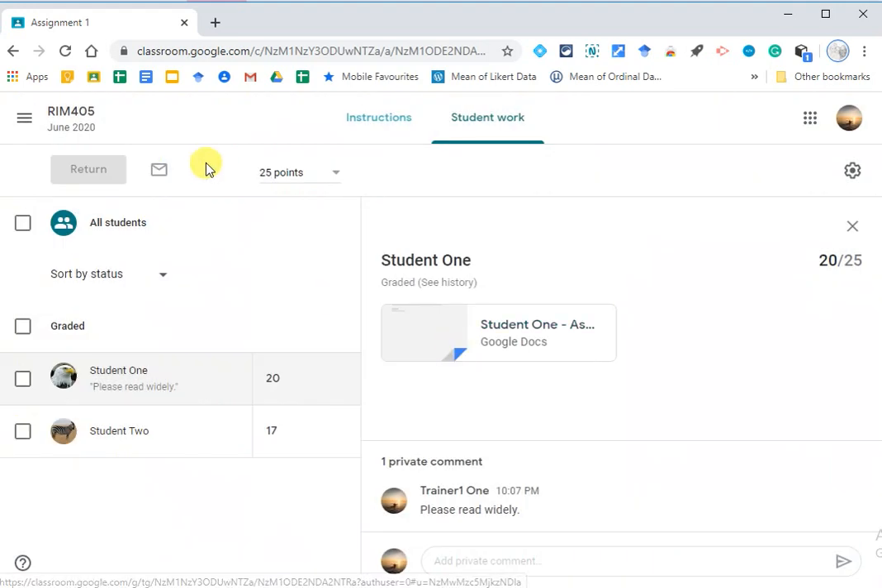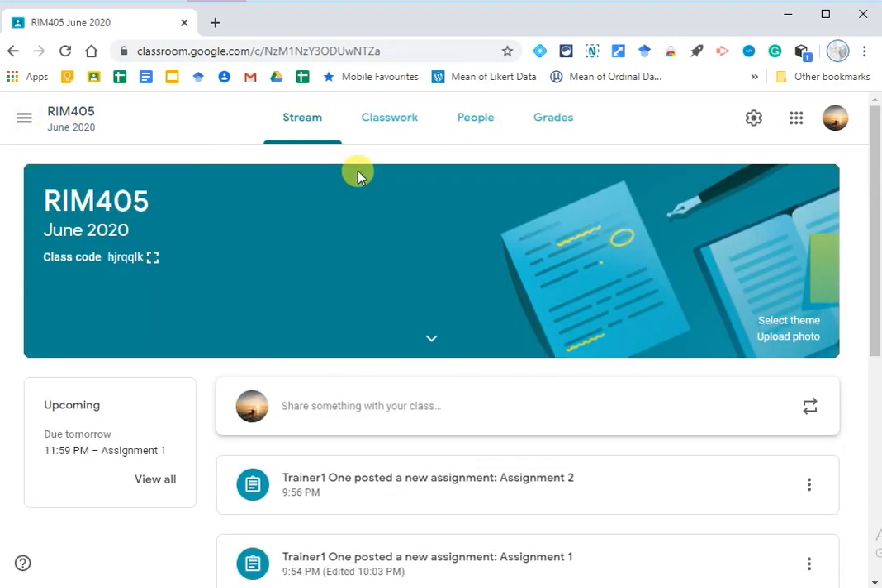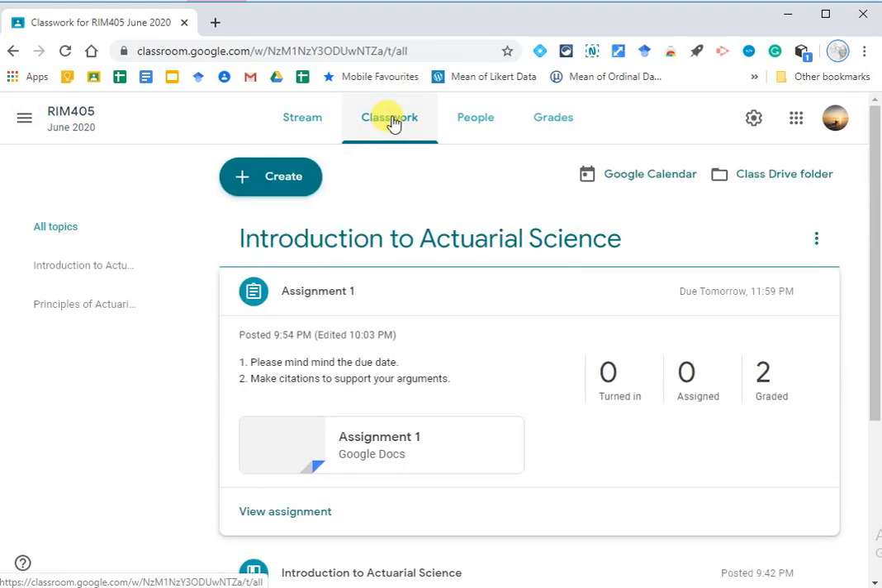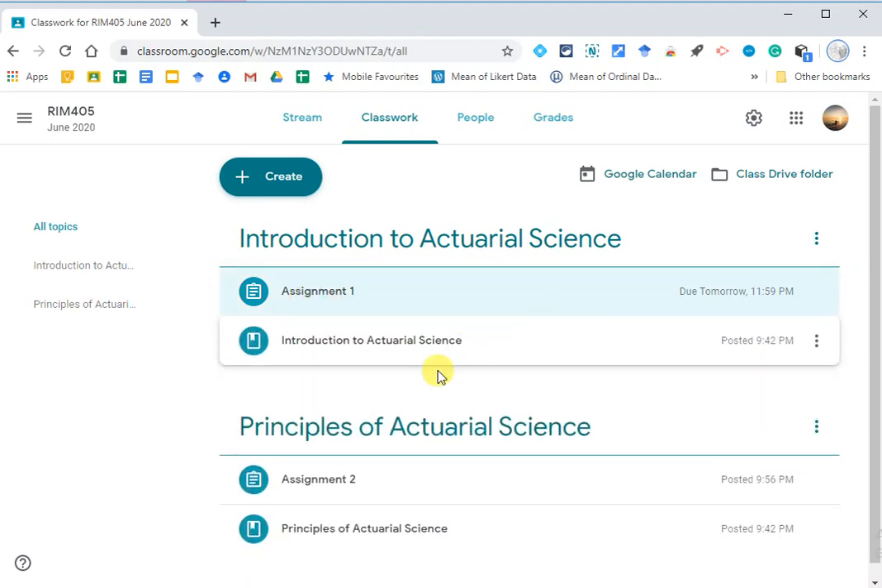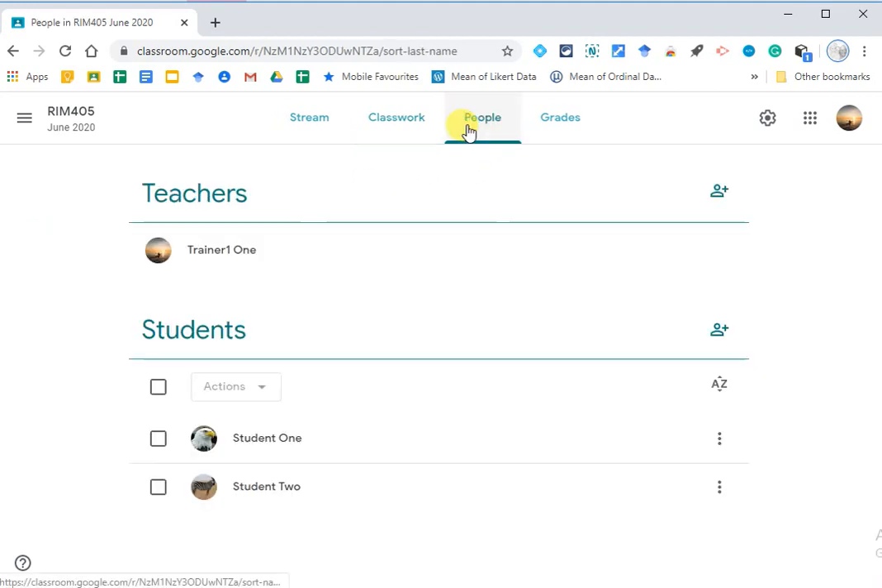Okay, let's straight away come back to our class. Let's select classwork and go to assignment 1. As you can see, the numbers are changing. 0 for turned in, assigned 0, graded 2. So this is how we do the marking. Then I also want to show you something. Let's go under the people menu. Under the people menu,